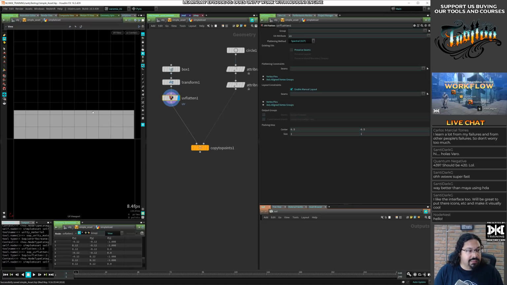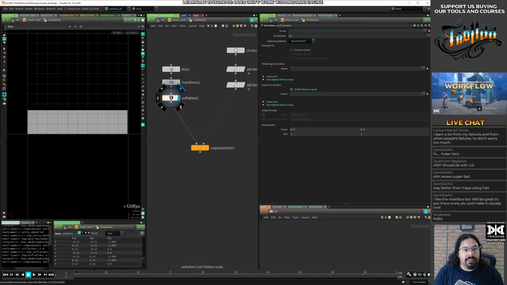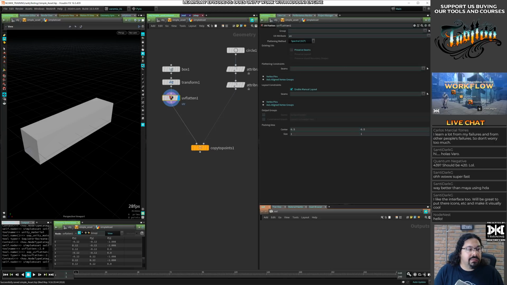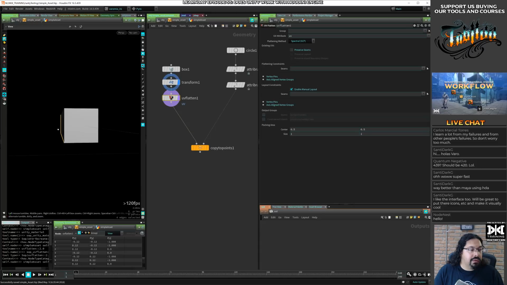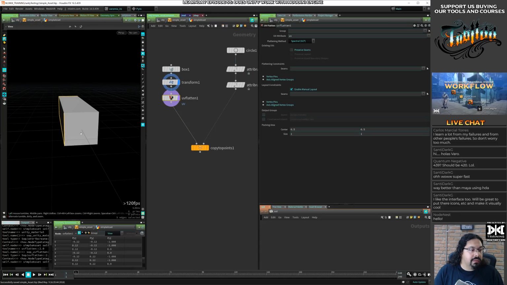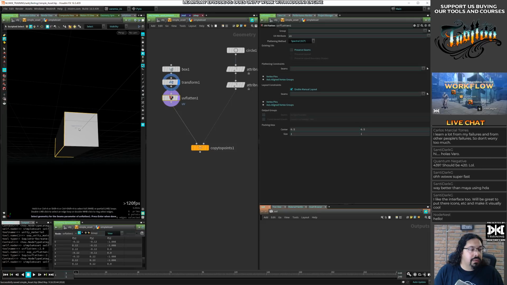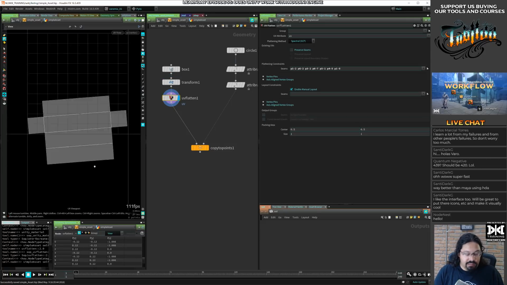Let's see what that's doing. We don't have any seams, so let's just give it some seams, and that should unwrap it.